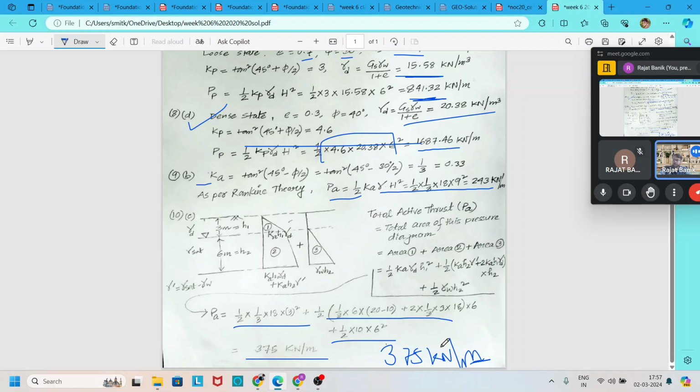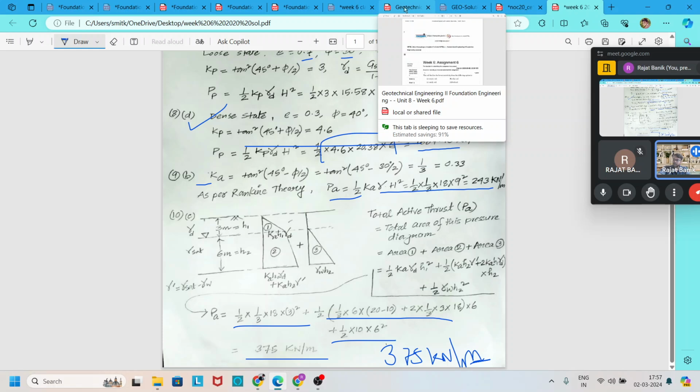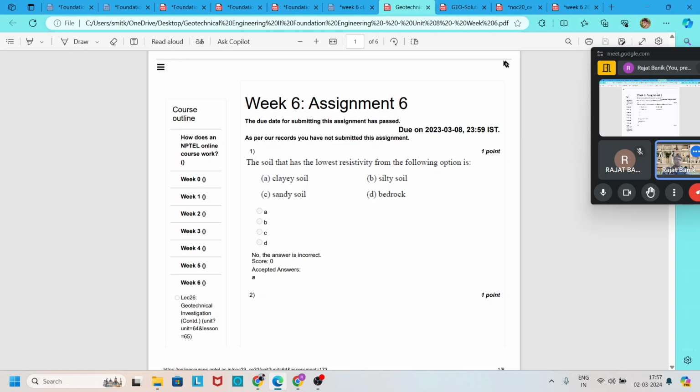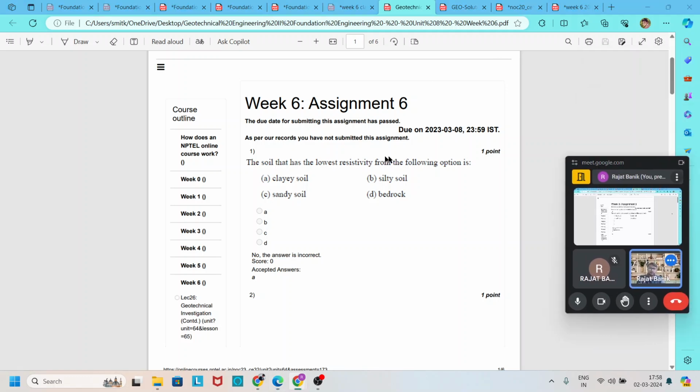We now try the assignment problem of 2023. Because there is a shortage of time, we very quickly go through this assignment problem of 2023. So in 2023, question number one is